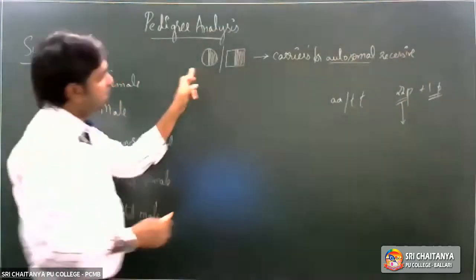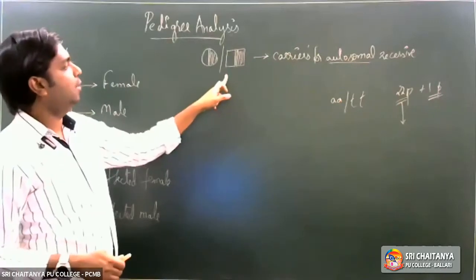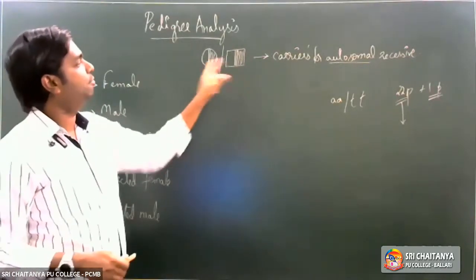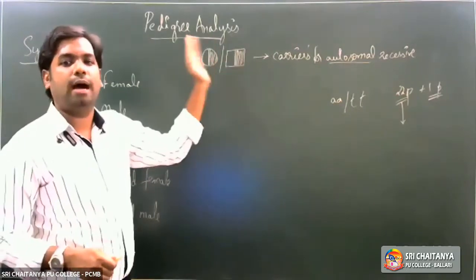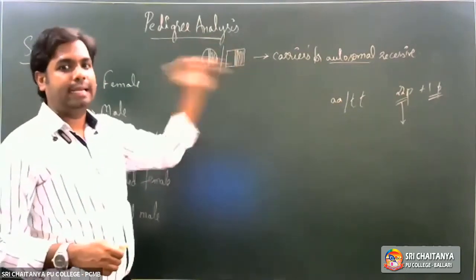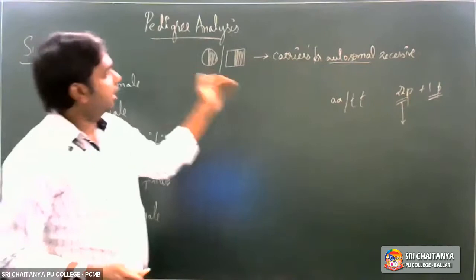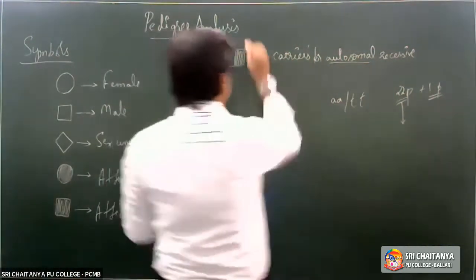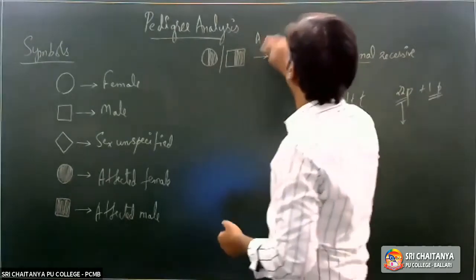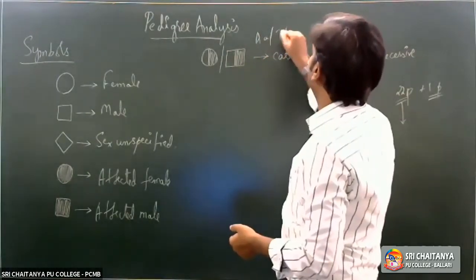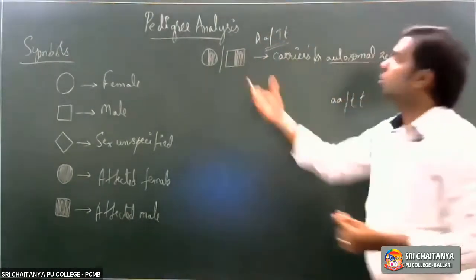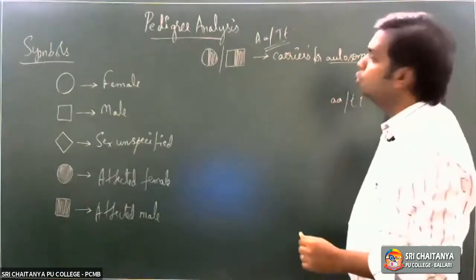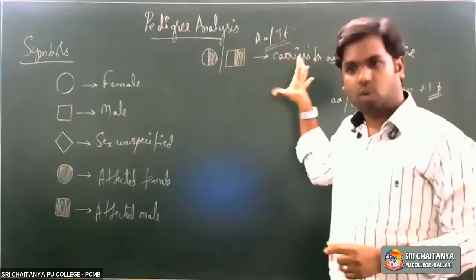Now, whenever you see a symbol in a pedigree chart, either a circle or a square, which is half shaded or half solid, that indicates this particular individual is a carrier. It indicates a heterozygous condition. So it could be capital A, small a, or capital T, small t. These individuals, we call carriers. Carriers for what? Carriers for autosomal recessive disorder. This is important, what you need to remember.